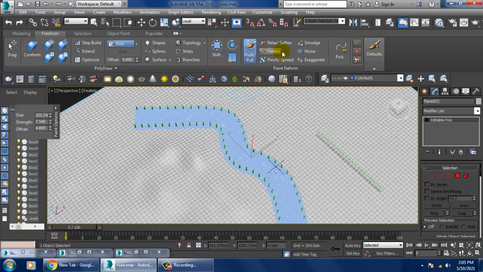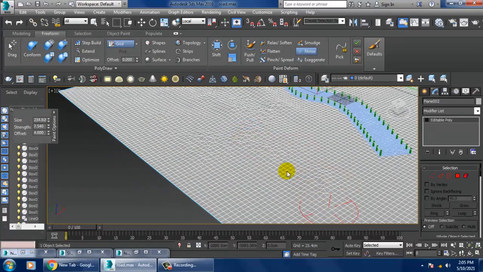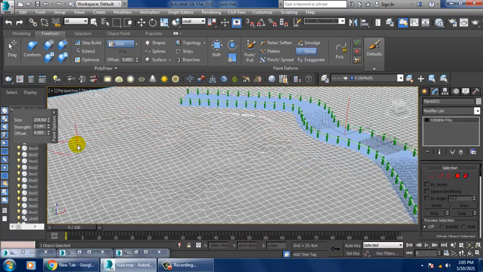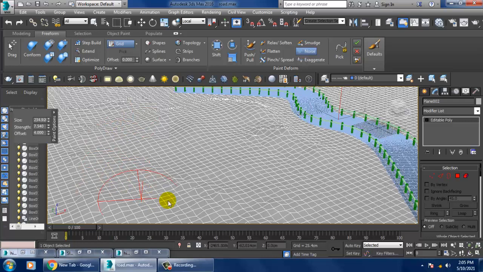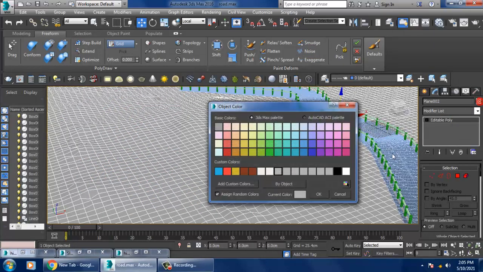So let's use some noise over here. Increase the brush size over here. So we'll just slightly make it as uneven. Just give a color to it.